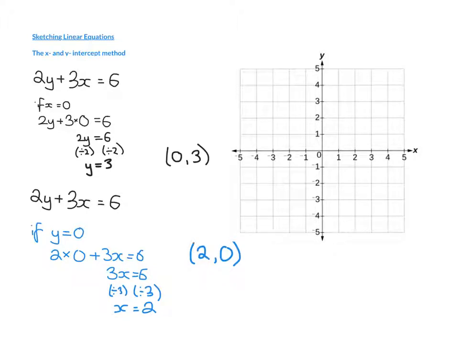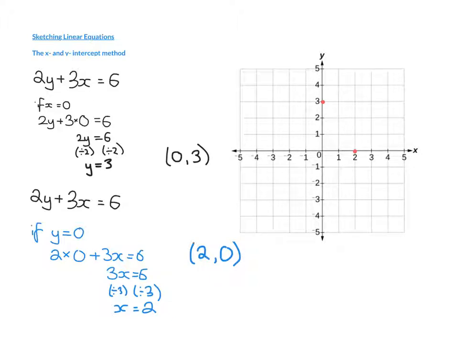Okay, so we've got our Cartesian plane on the right-hand side of the screen. I'm going to plot my first point, which is my y-intercept. So I'm going to go 0, 3. So I'm going to plot a point just up here. My other point is the x-intercept, which is 2, 0. So when x is 2, y is 0. So I'm going to plot a point just here. Now if I've got 2 points, I can join them with a line, and we have our straight line graph,